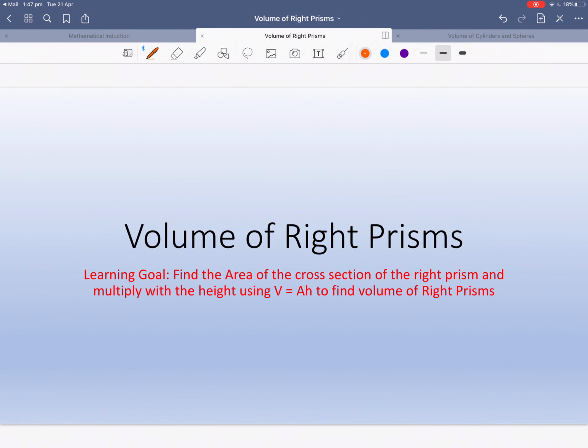So in this lesson, we're going to look at volume of right prisms. Hopefully by now we've already looked at surface area of right prisms, and we understand that a prism is something with a cross section that's exactly the same all the way through. The real key here is that we're going to use V equals A times H, where A is the area of the cross section